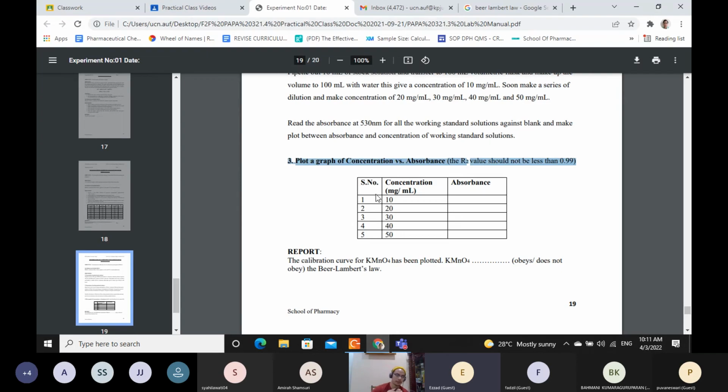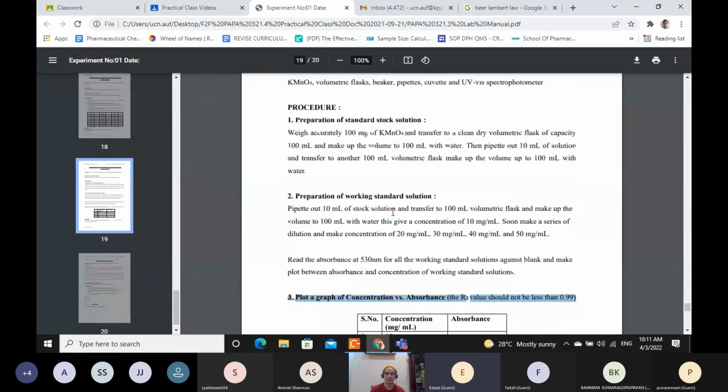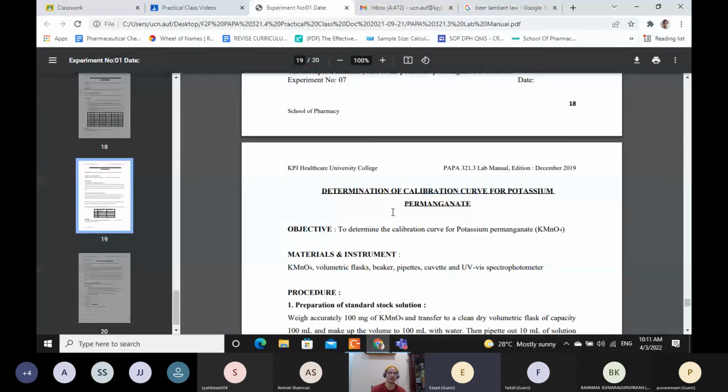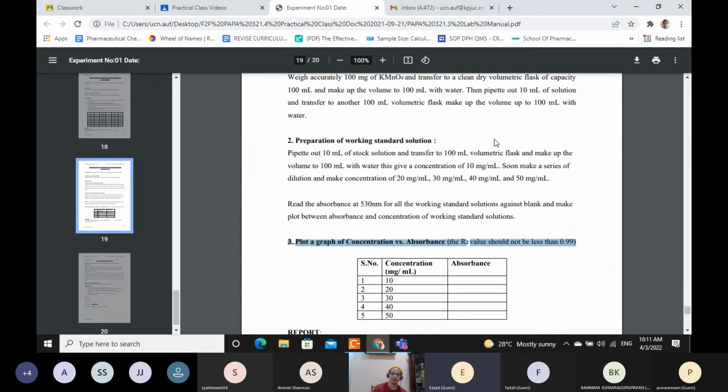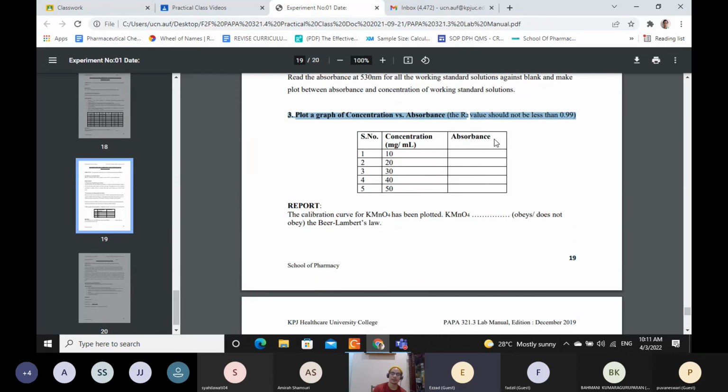So if we get a set of data that obeys Beer-Lambert's law, meaning our standard solution is of good quality and our instrument is also in good condition. Okay, so that is the purpose of us determining the calibration curve for a certain solution. Done, finished. So if you want to report this experiment, you have to plot